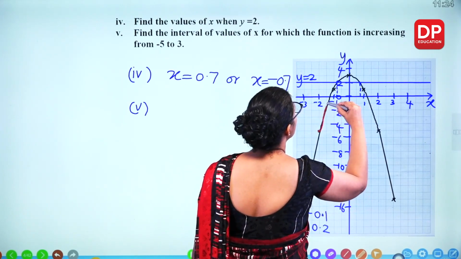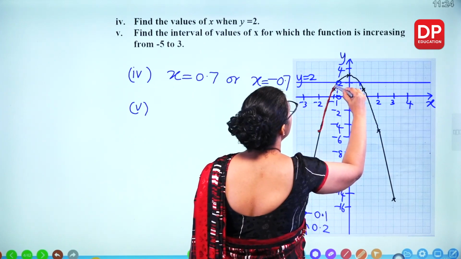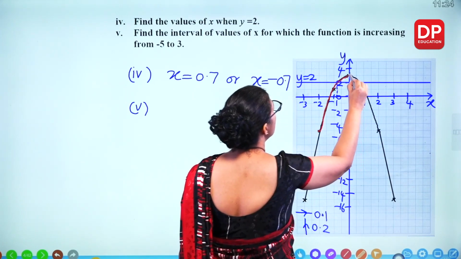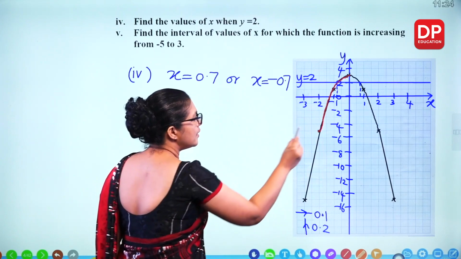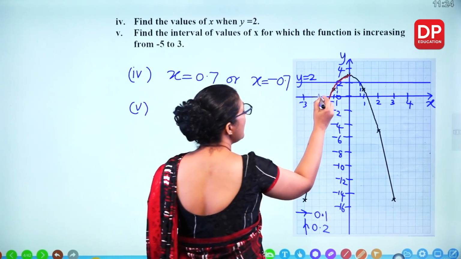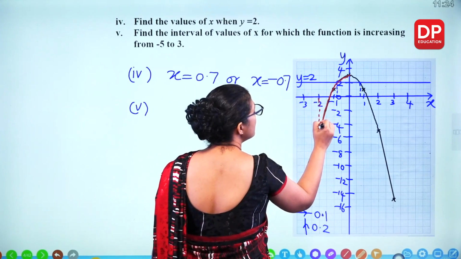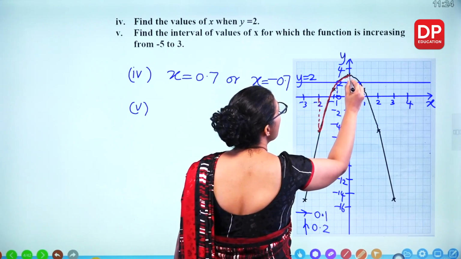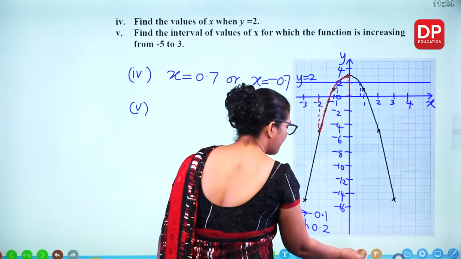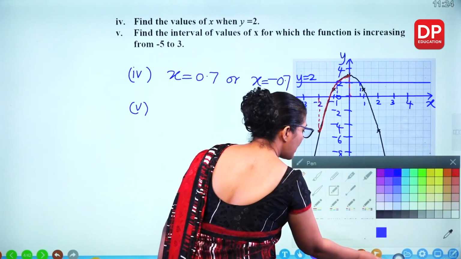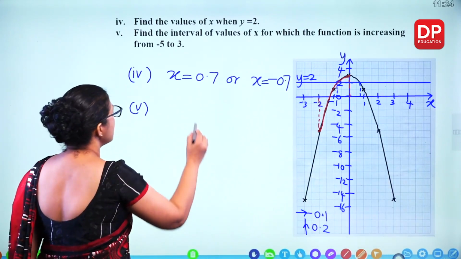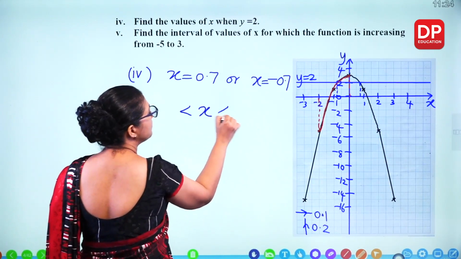So this part. Positive 3 is here, up to here. So they are asking what are the x values. So here, this is minus 2 and this is 0. So how can you write down the x values? X is in between